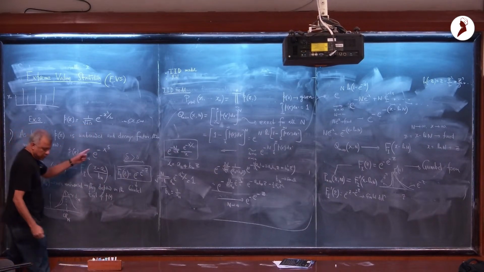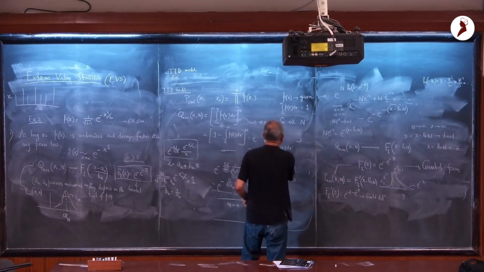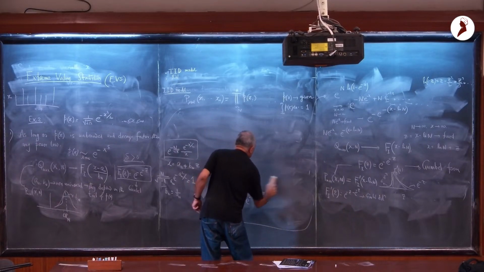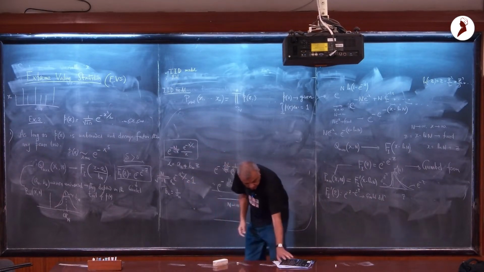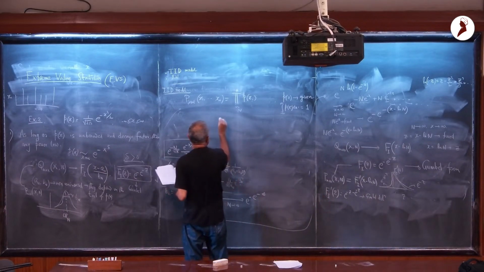Now here is an exercise. If you have an arbitrary delta, we have done the delta equal to 1 and 2 cases explicitly, but you can try to show